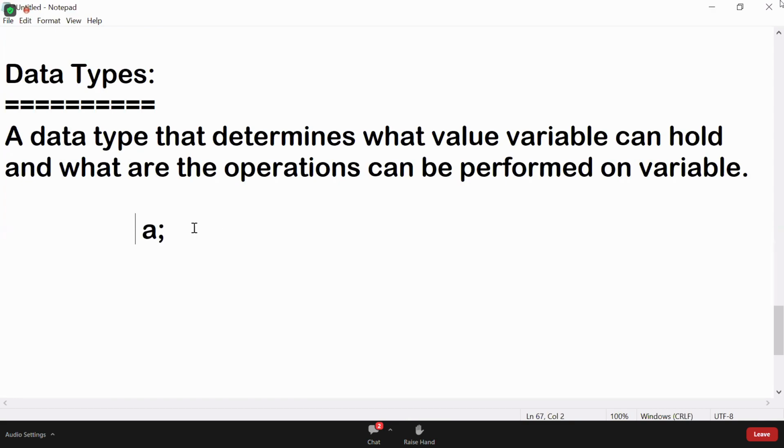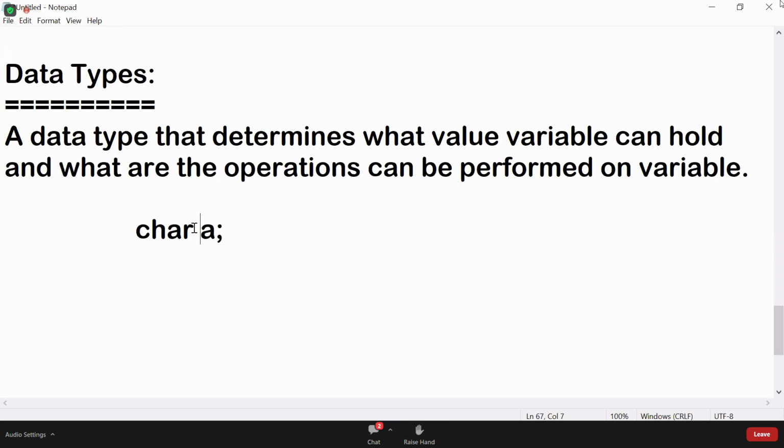Suppose I write only a, it is meaningless. So if you write a data type, meaning comes. It should contain an integer literal. If I write float, it should contain a floating point literal. If I write char, it should contain a character literal. Like that,